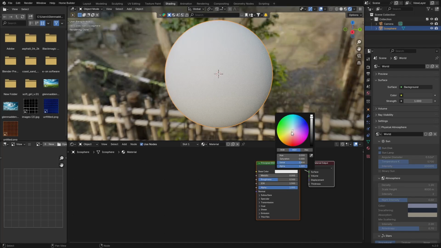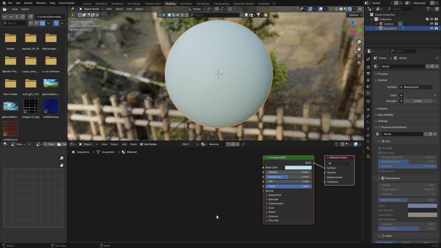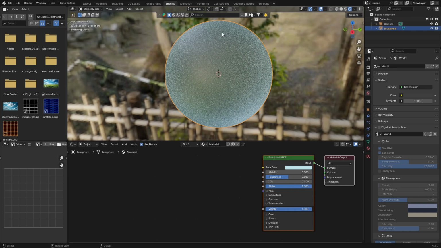First thing you want to do is just change the color to a little bit darker, so something like that. You don't want it to be fully white, you want it to be a little bit blue. It just makes it look a little bit better, a bit more icy. And let's go to transmission, bring the weight all the way up. And you can already see it's kind of looking like ice already, but we want to make it look a